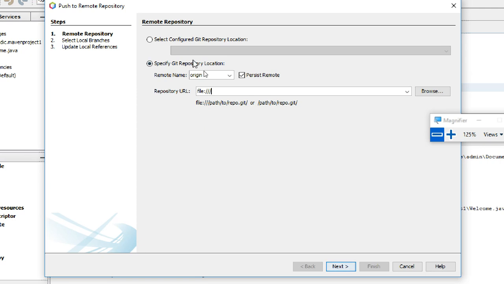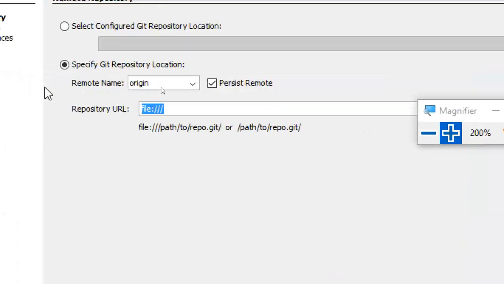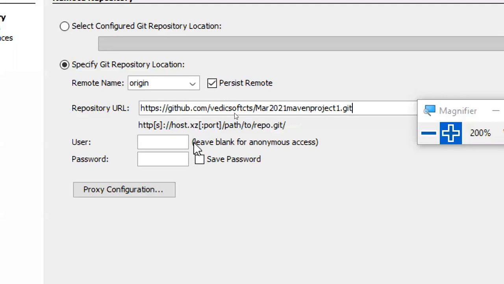So I'm removing this one. Okay, now I'm copying that link here, and giving the username Vedicsoft GTS and a password.